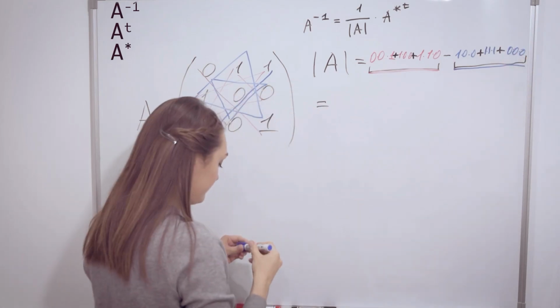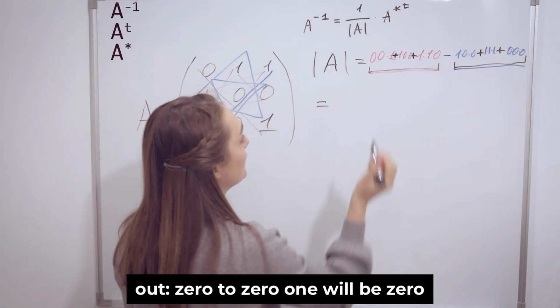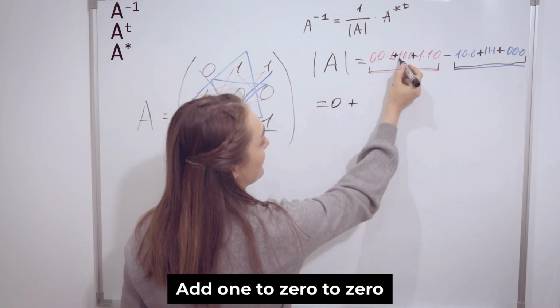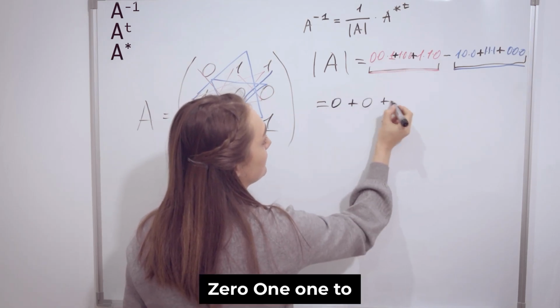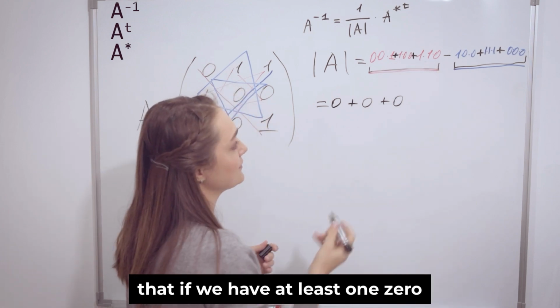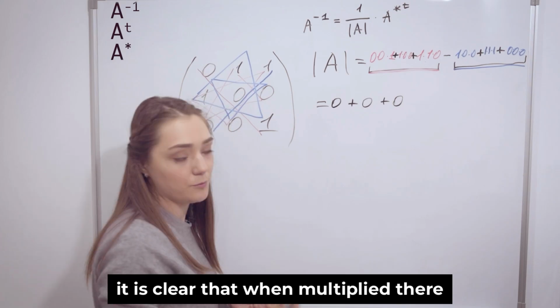Multiply. As a result, it turns out 0. Add 1 by 0 by 0, 0, 1, 1 by 0 by 0. It is clear that if we have at least one 0, when multiplied, there will